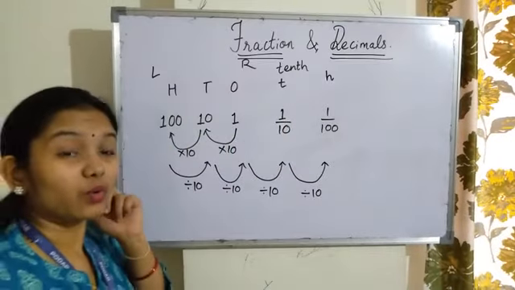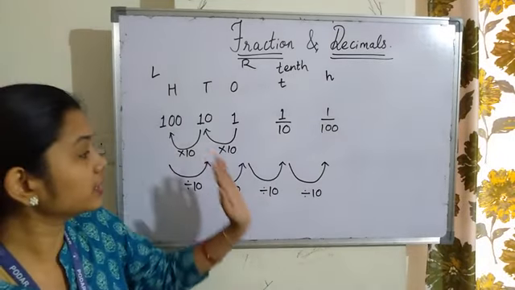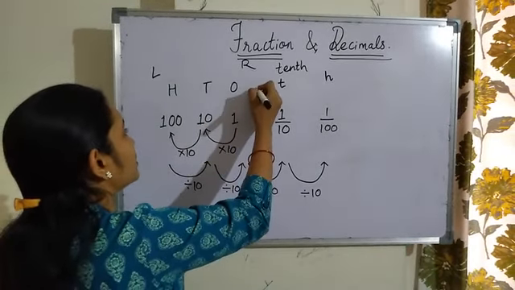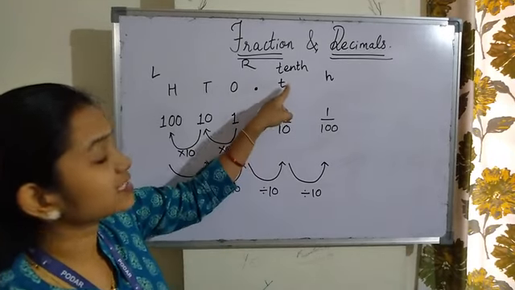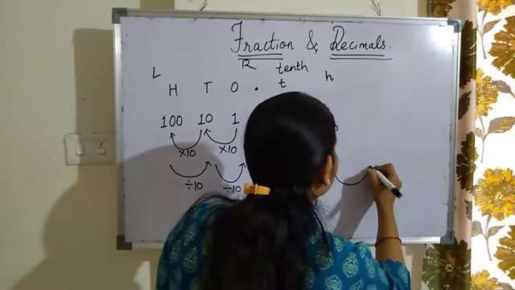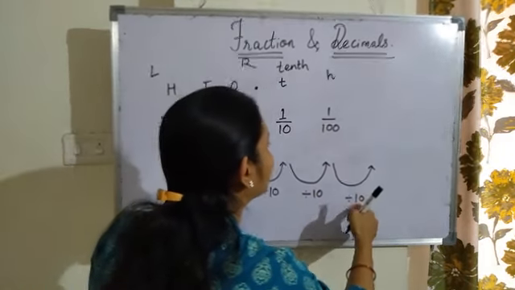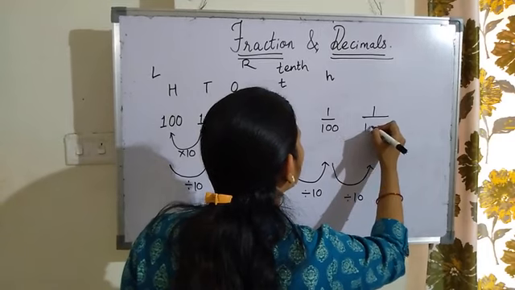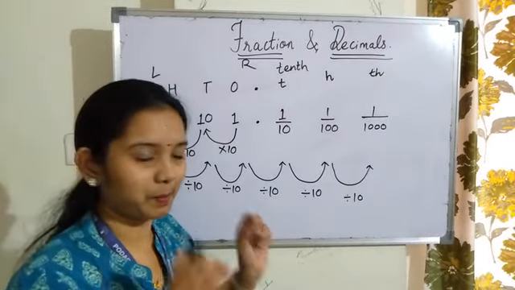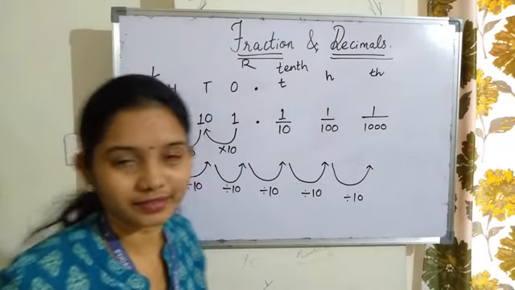On this side I have to write it as capital, and on this side I have to write it as small. Now, if I write any number, I may get confused whether it is a place value or a decimal place value. So for that we are giving a decimal point. Here is always a decimal point, and then this is the tenth place, this is the hundredth place. Again, if I move further, I will have to divide the hundredth place by 10, so I will get 1 by 1000. So that will be called the thousandth place.